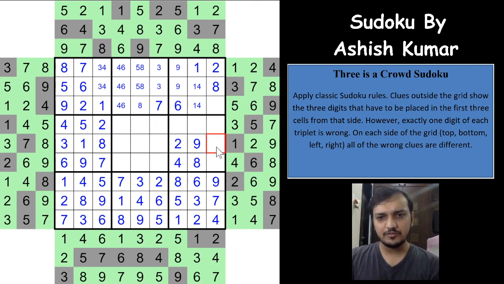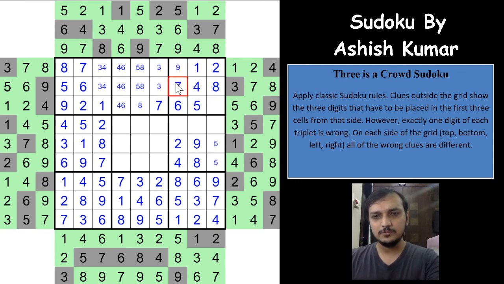Because of the 5 here, a 5 has to be here, right? Superb. Because of the 5 here, a 5 has to be here, classic rules, which means a 5 cannot be here, and for the 5 to be here, a 5 has to be here, right? Which means a 4 will be here, and the 7 has to be here, which gives you a 9 here, and the remaining digit is 3, which means the other 3 has to be in this box, and this digit is 7, which means 1, 5 and 6 in any order.